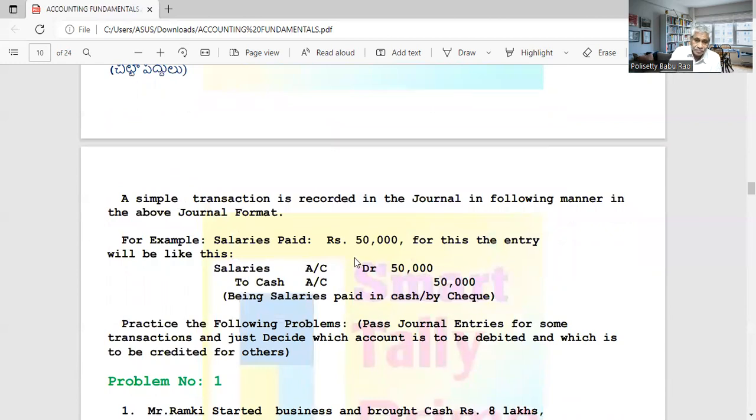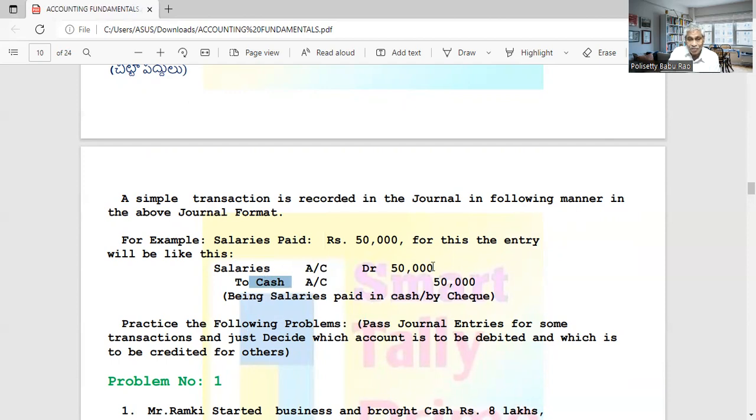Suppose in this case, salary is paid. So in this salaries account debit to cash account, within brackets we write being salary is paid. That's enough. It implies cash. Sometimes here, instead of cash, we give a check through bank. To all the employees, we will pay through the bank. Then we are not paying cash. So the bank is paying. Even though the bank is paying outsiders on our behalf, it means it is paying us. That means we are receiving money from it, and the bank is the giver. So instead of cash, we have to create a bank account.